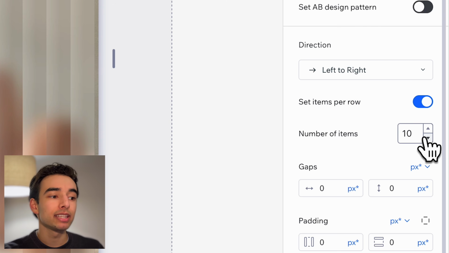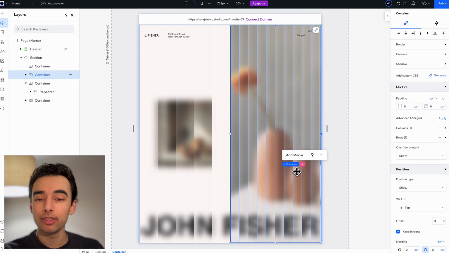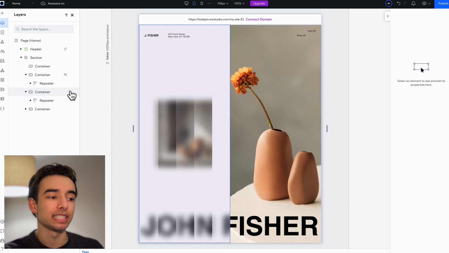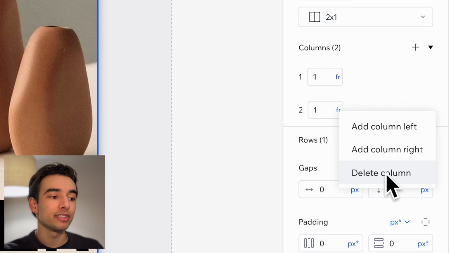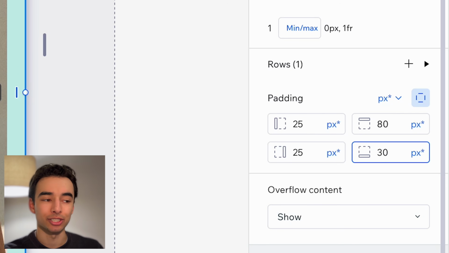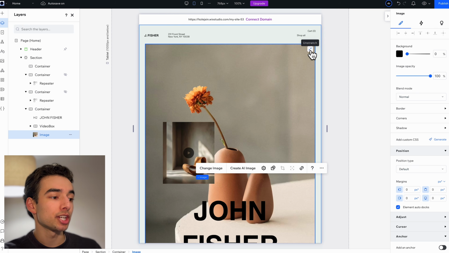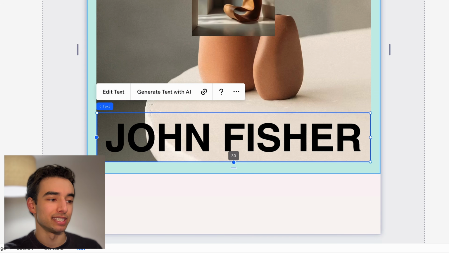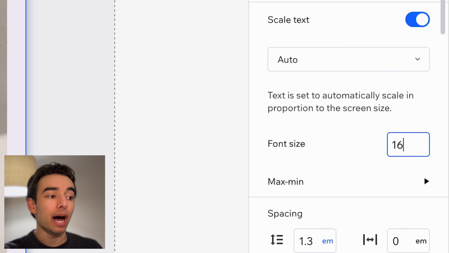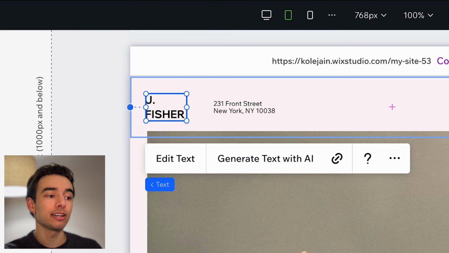Switching over to tablet, let's first set the repeaters from 10 items per row down to 5 for both of them, then I'll briefly hide them to get them out of the way. Then in the content container, let's remove one of these columns and add in some padding just like this. On this image, I'll stretch it and then center this video box and slightly bump down the size of this text. With that done, let's bump up the size of some of this text in the header and then unhide